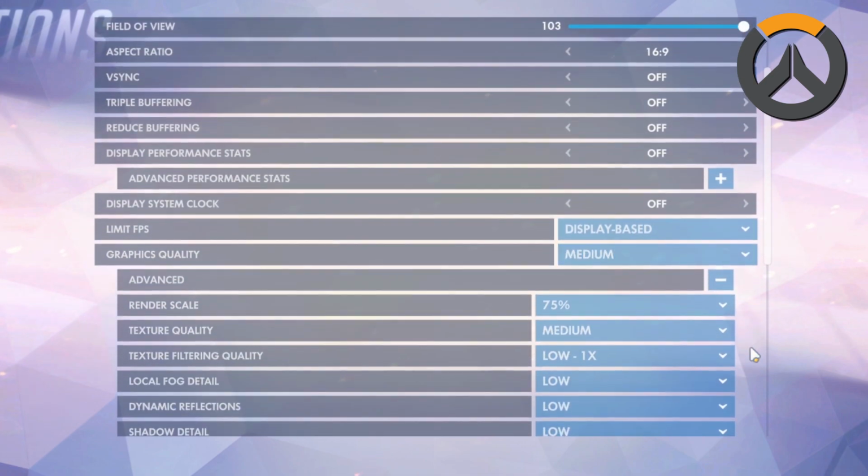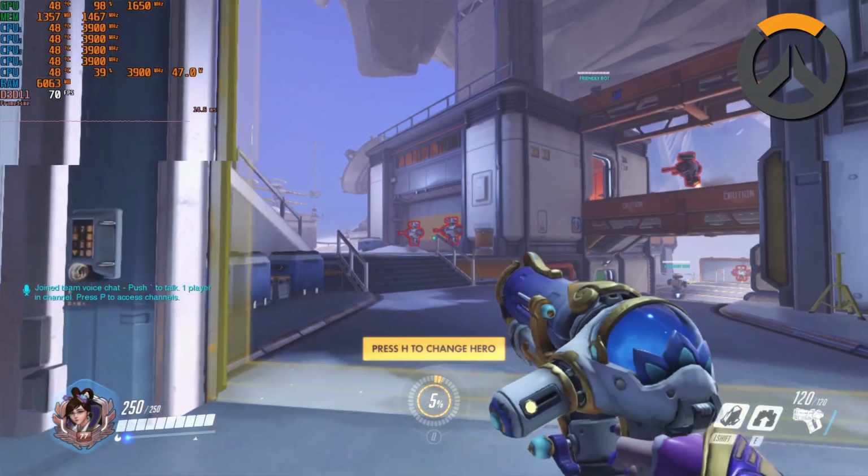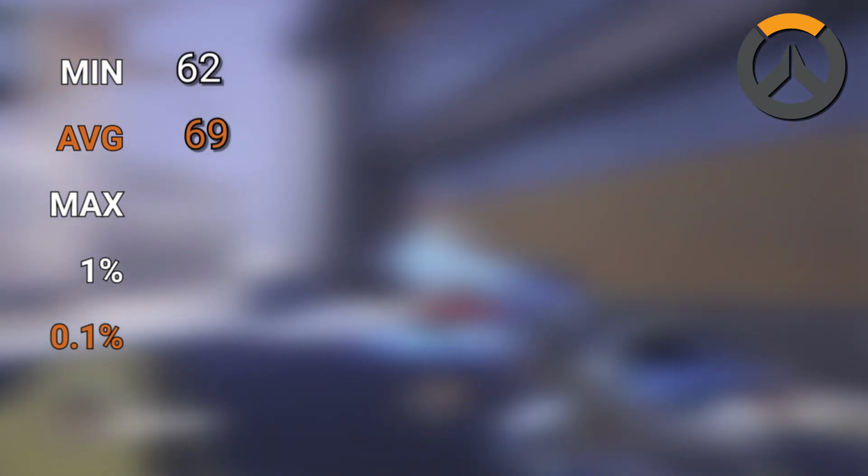There really was no consensus on how to test this game apart from general stability and use case scenarios. I tested this once each. For those that might want to play competitively, rejoice! The average frame rate for the training ground run is 69, nice, with a minimum of 62 and a maximum